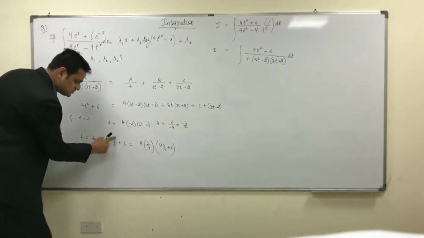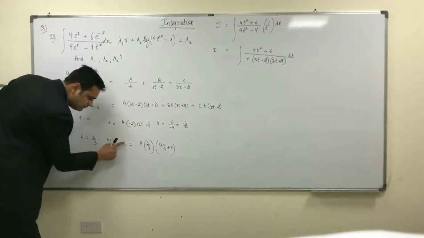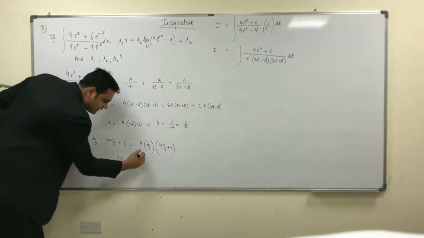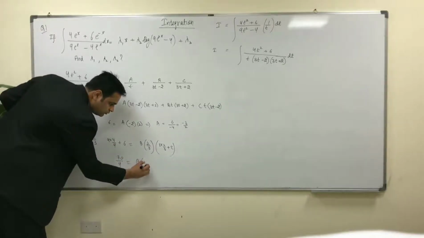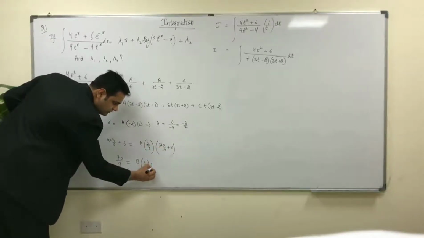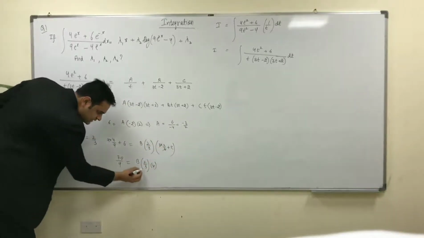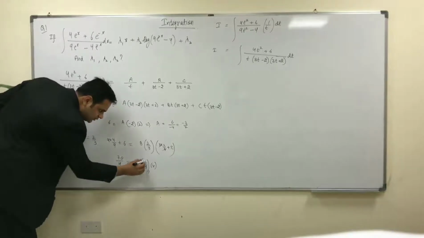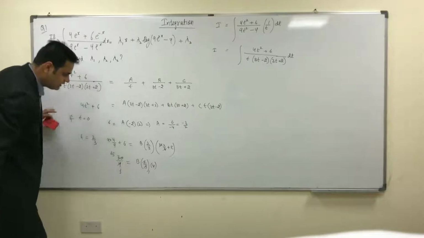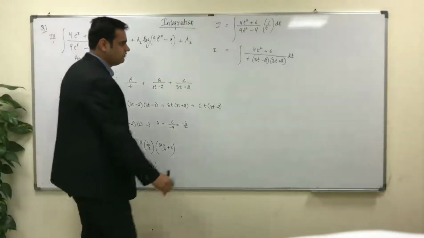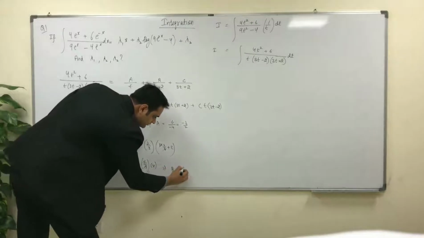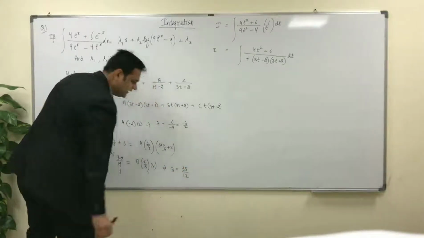Now, if you see, this is 16. If I take LCM, it will be 16, it will be 54. 16 plus 54 will be 70 divided by 9, and this will be what? B times 2 by 3. This will be what? 3 cancel, 2 plus 2 will be 4. So if you notice, 3 ones are 3, threes are 2 ones are 2, 35s are, and 4 will come down. So B will look like what? B will be 35 by 12. So I am getting nothing but, I will write here itself, B is nothing but 35 by 12.